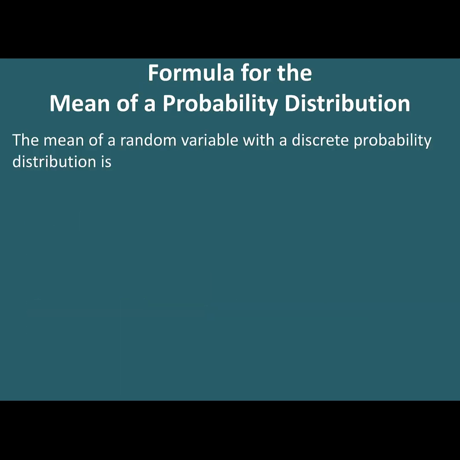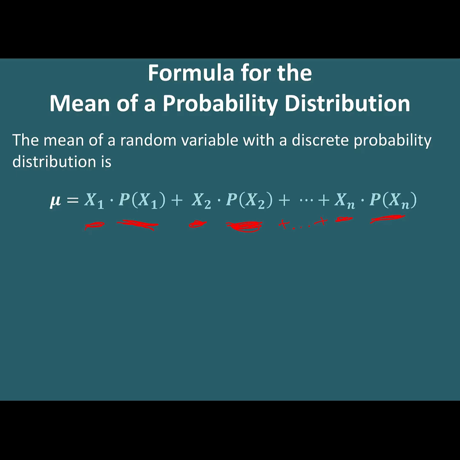The mean of a random variable with a discrete probability distribution is as follows. Note here, once again, we are taking the number in the event times the probability of getting that event, adding it to the number of another event times the probability of achieving that event as well. We continue along this path until we get to all n events, where again, you take the number of the nth event times the probability of achieving the nth event.